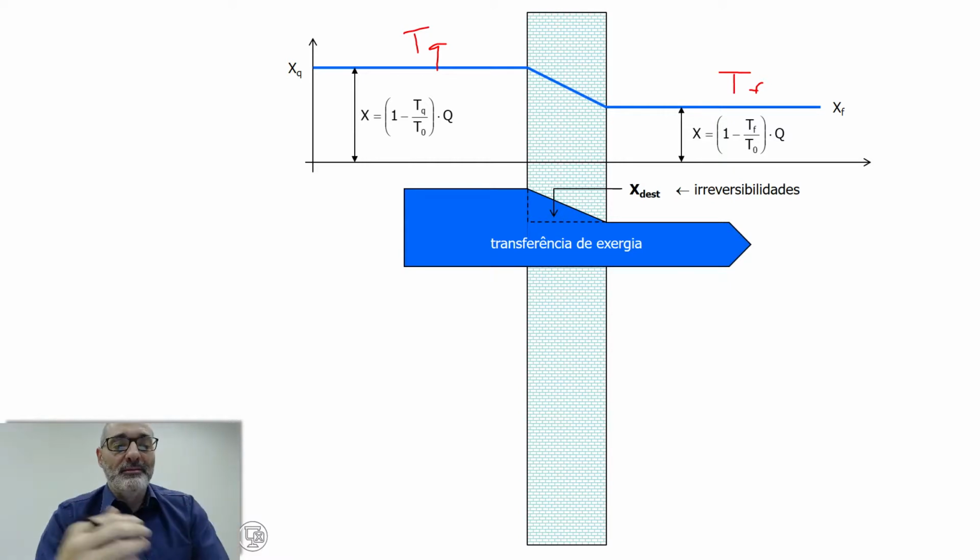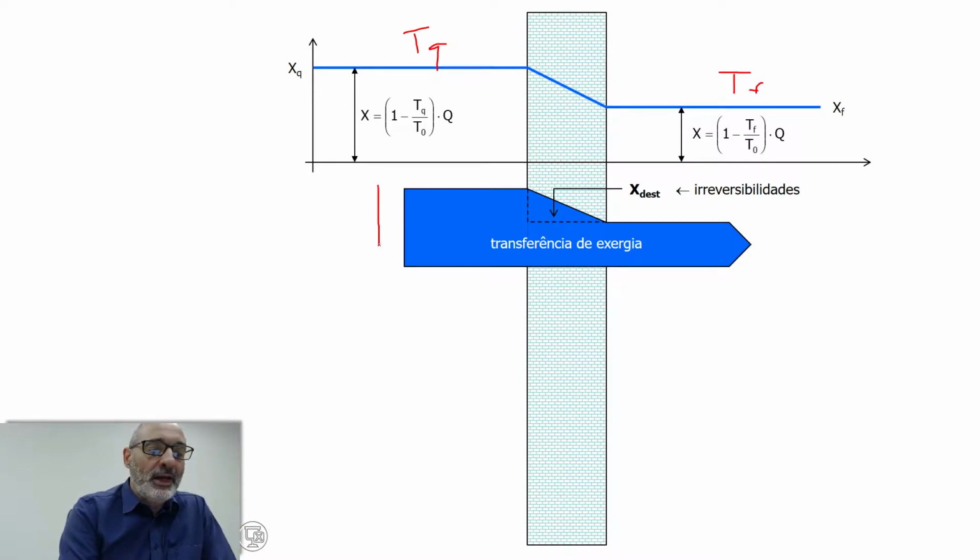The difference relative to the environment. The temperature of the heat source on the left and on the right, relative to the temperature of the environment. Okay? So if we draw a Sankey diagram, we see that there's Exergy flowing from the outside to inside the room, and some amount of Exergy is being destroyed, okay, due to this finite difference in temperature here. So this is Exergy being destroyed due to irreversibilities,